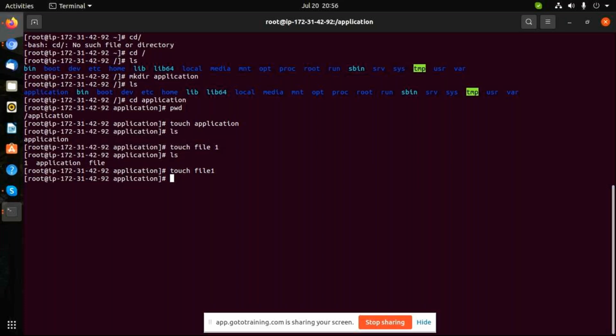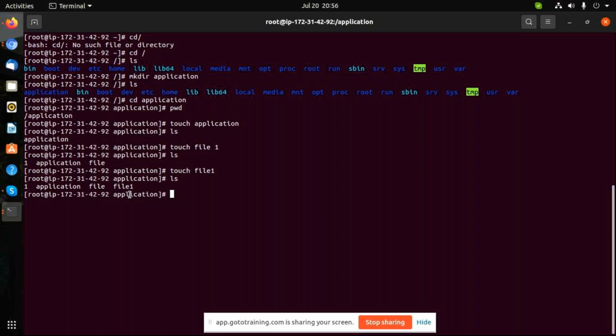Okay, now do ls. Yeah, see, file 1 is there now, without data, guys. With the touch command, you can't do anything else, only create a file. Maybe later we have other tools. What is the other command?